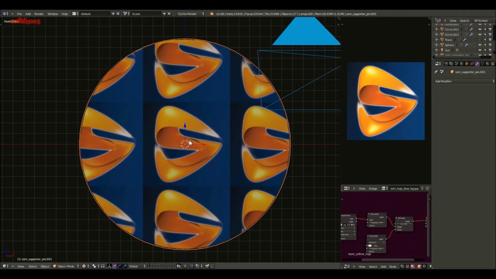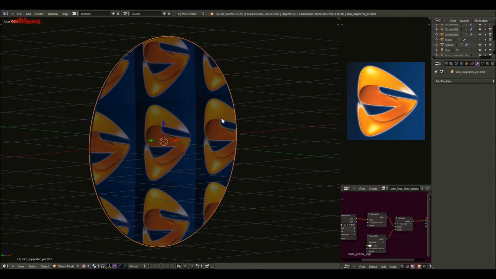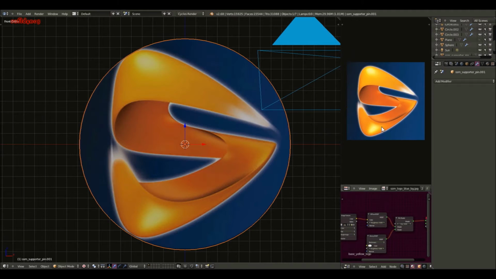pre-multiply or multiply like that, because it's horrible. Well, it actually looks kind of cool. Anyways, I didn't